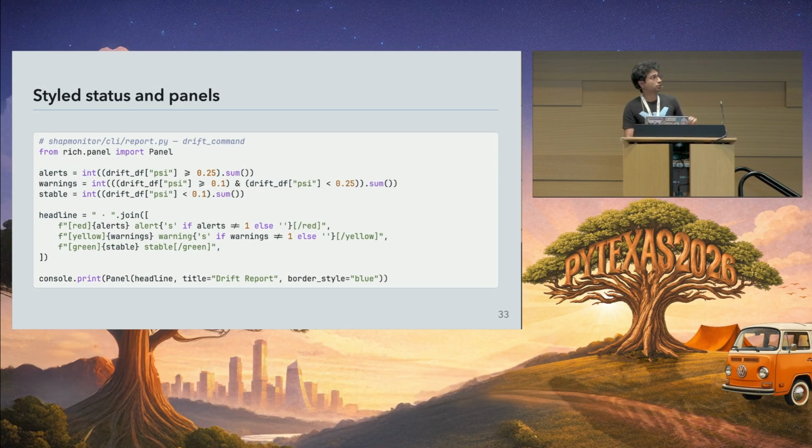And even here, for those warnings, alerts, all of the color-coded statuses, what you're basically doing is creating some Boolean variables for alerts, warnings, and stable. And then you are just adding those as a headline there. So again, nothing fancy. You're just checking whether it's a warning, whether it's an alert, or if it's stable, and you're just color coding it.